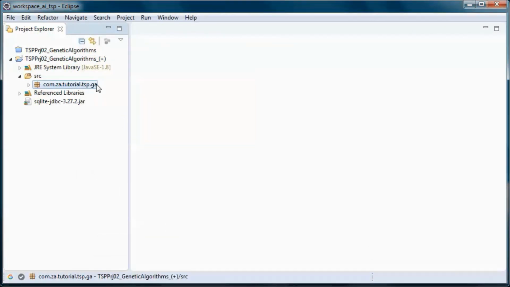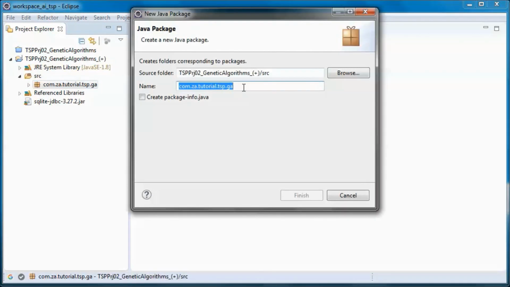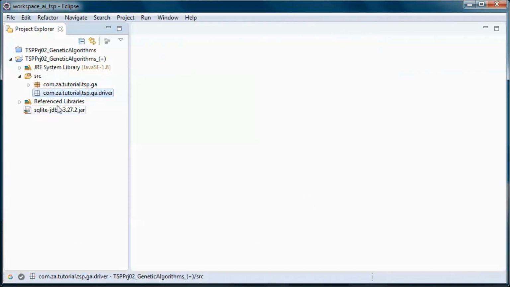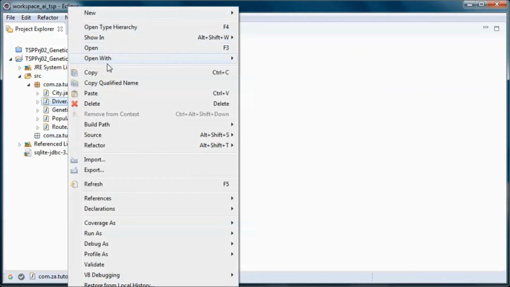and let's go ahead and create a new package. And we will move this driver to that package.